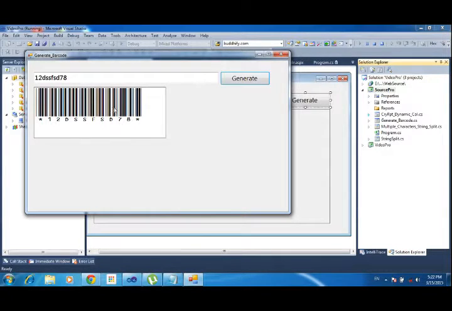One more thing you have to remember: if you type any character, small or caps, it is automatically converted into caps. Here I am using the star keyword before and after the code. Why am I using the star? The reader will analyze that this is the starting point and this is the ending point. That's why I am using the star here. Okay, now step by step I am showing how to make that.